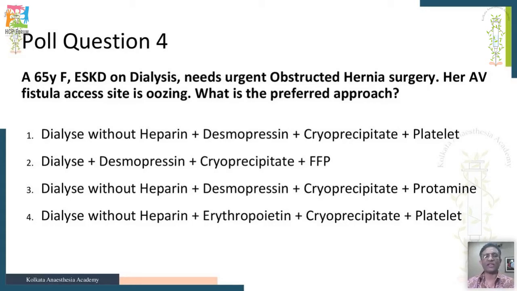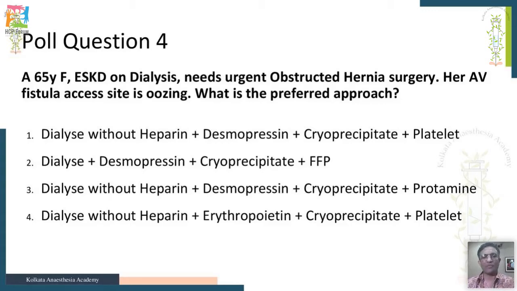So she has manifestations of bleeding, and she's end-stage kidney disease, is on dialysis, and needs an urgent surgery. So for the bleeding manifestation, or to take management of bleeding, what would be your